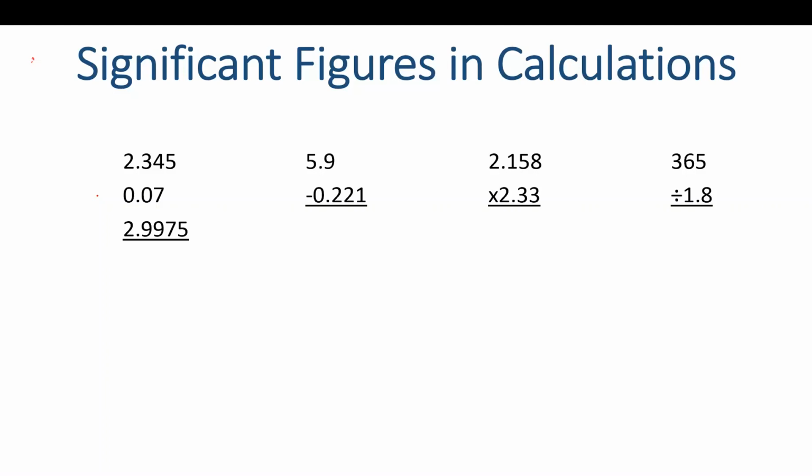Okay, so I'm assuming that you had paused this and you actually attempted all these problems. So just to go through these calculations again, we have to make sure we're following the correct rules. This first problem is addition. We have subtraction. So again, with these calculations, we are going to always use the least precise measurement. So you could think of it as the least placement value. So if I plugged in all these numbers in this addition problem, I would get the answer